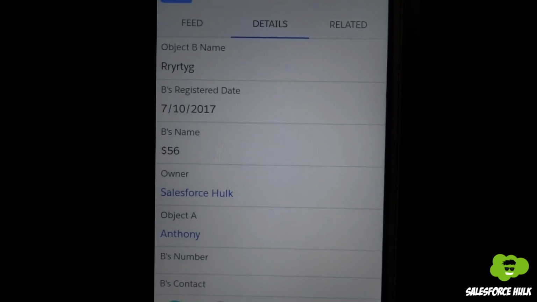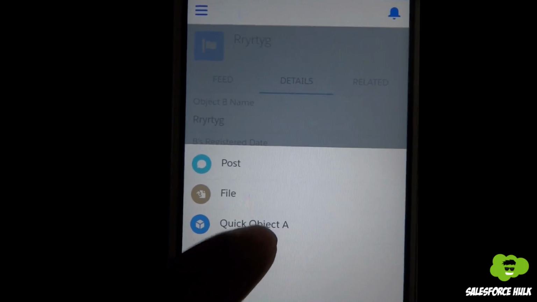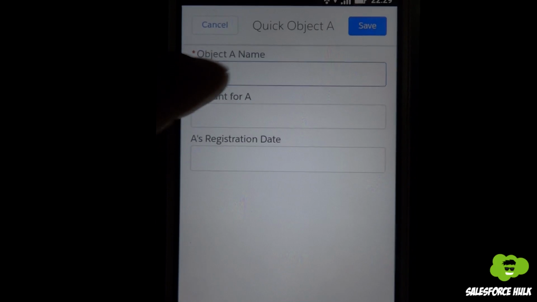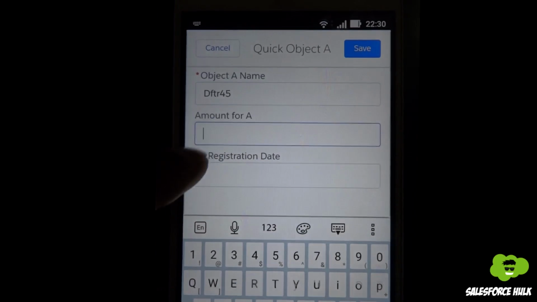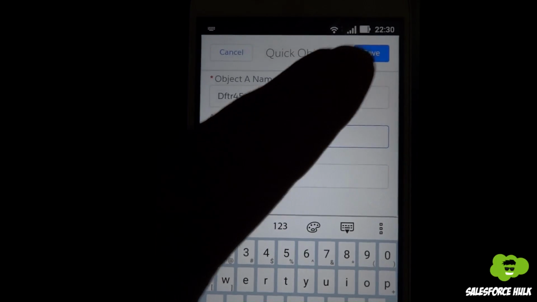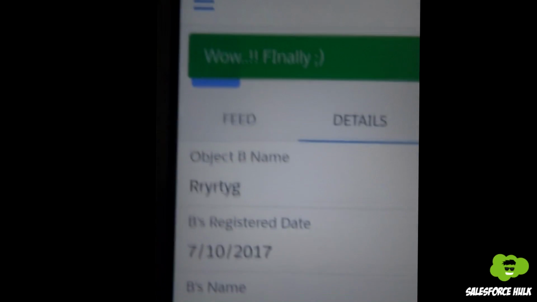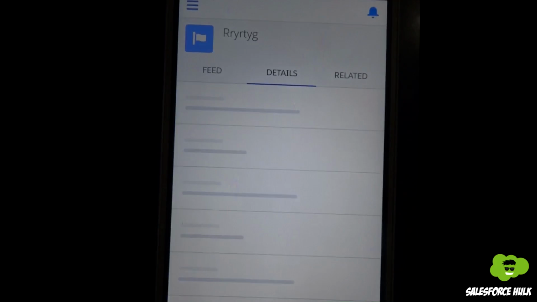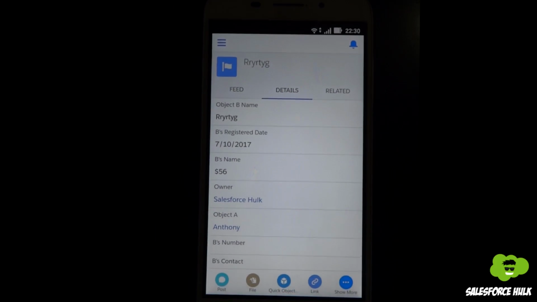here also we are getting that global action, because we have added this global action on its page layout also. So Quick Object A, and the Object A name, whatever you want to set, and the amount as whatever. And we'll click on save. Wow, finally. So this is how global actions work on Salesforce One. Hope you have understood. Now let's get back and see what points you need to remember while creating an